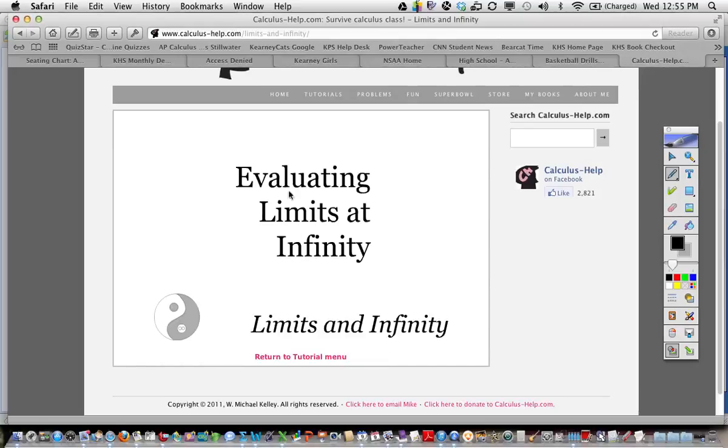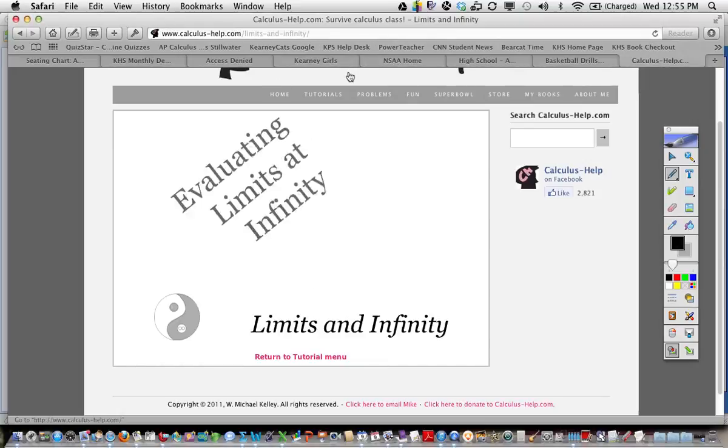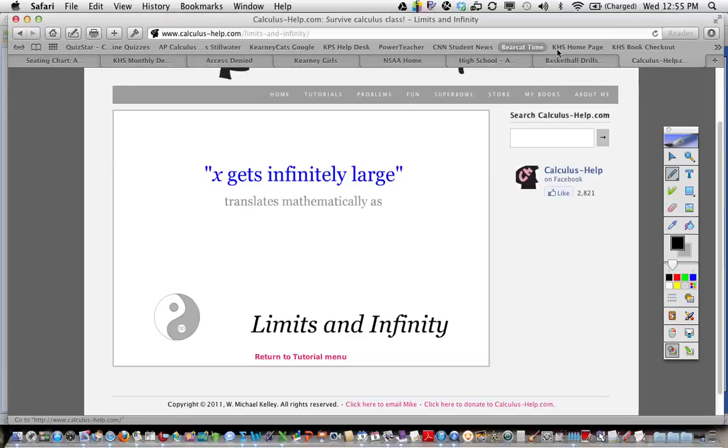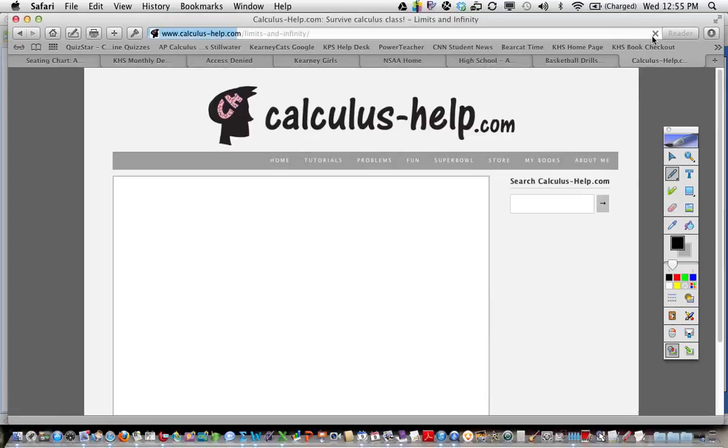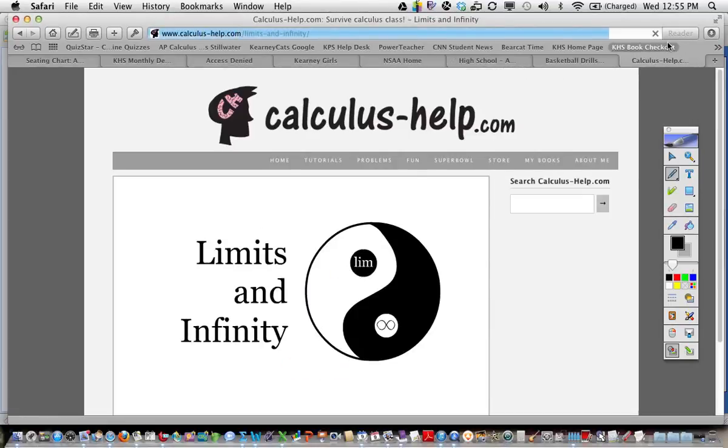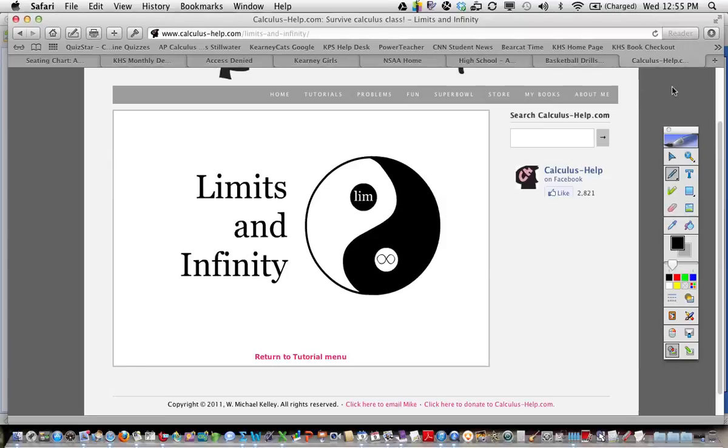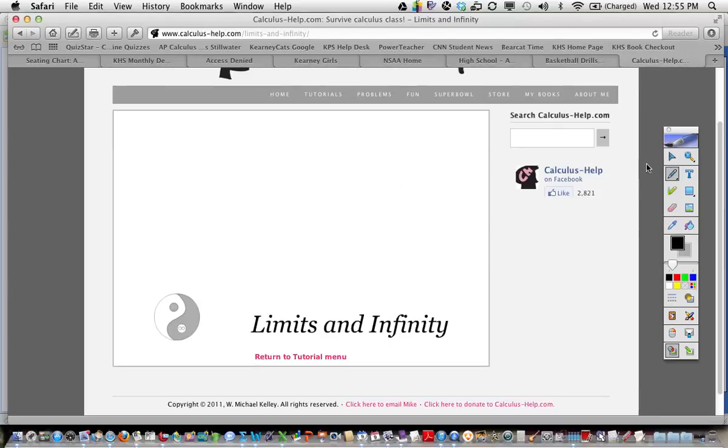When I was explaining the last example, I said that x was getting infinitely large, and we translated that mathematically. In this section, we'll delve into the mysterious and ancient relationship that exists between limits and infinity. As you calculate various values of f and evaluate different functions, you can